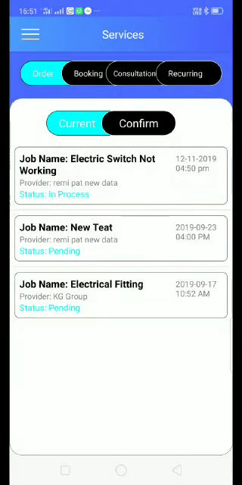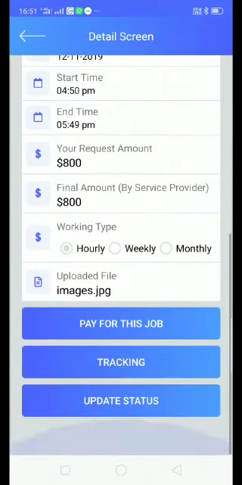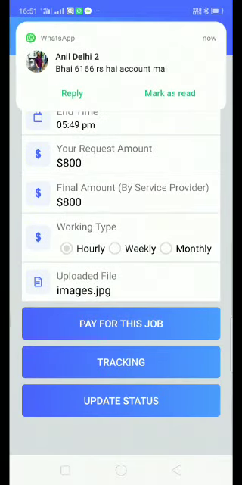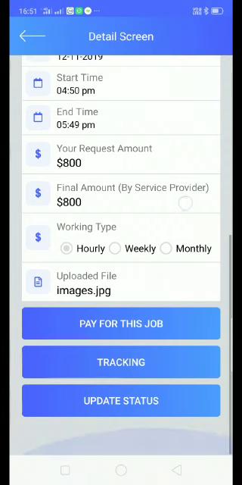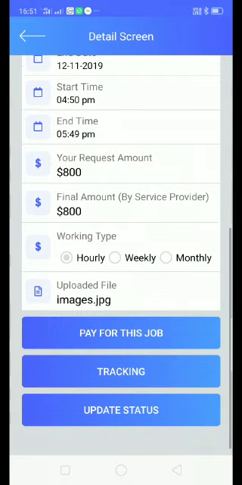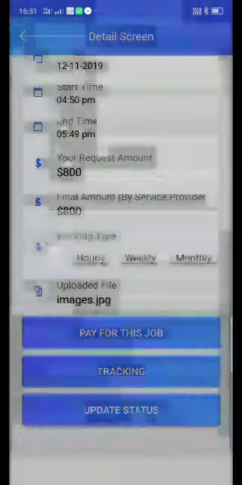Now you can see the status changed to in process. Once the service provider accepts the request, you get some other options like pay for this job, and tracking and update status. So I have clicked on update status,